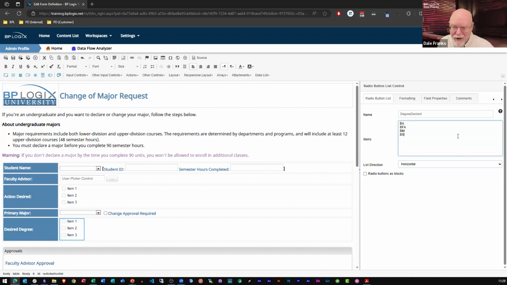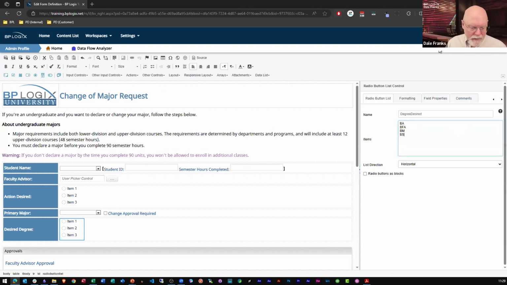And if I ever have to edit it, I've probably got other edits I have to do on the same form anyway. So I'm going to have to go to the form to make the edit, so I can just edit it there. So this is occasionally a useful thing to be able to do. That's a decision that you have to make in terms of how you want that form to work.